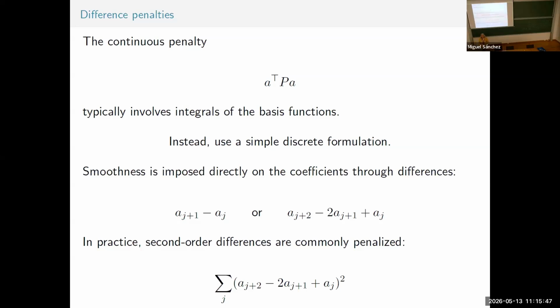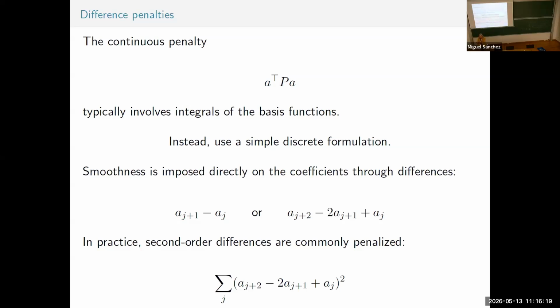We are going to do the modeling not on the function, but on the coefficients attached to the function. So instead of assuming that the acceleration has to be controlled, what we are going to assume is that the values of two consecutive coefficients cannot be very far apart, the magnitude of two coefficients next to each other.